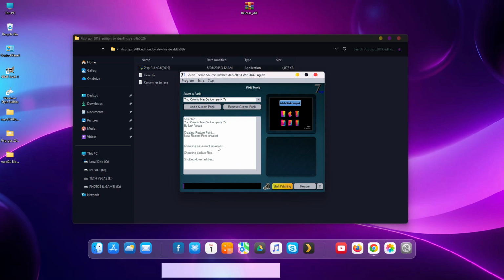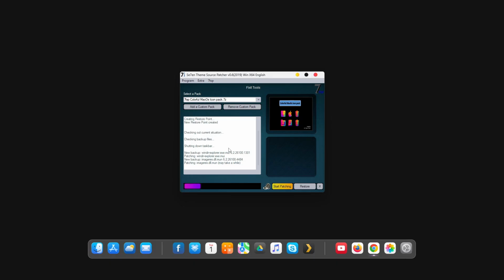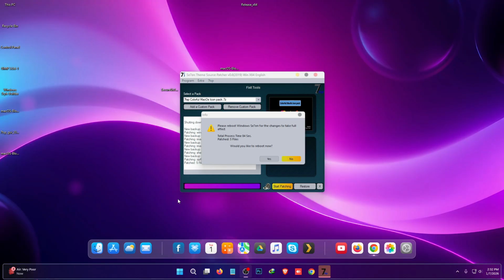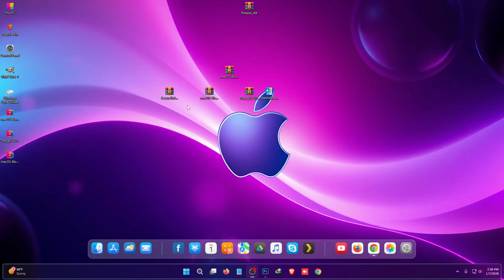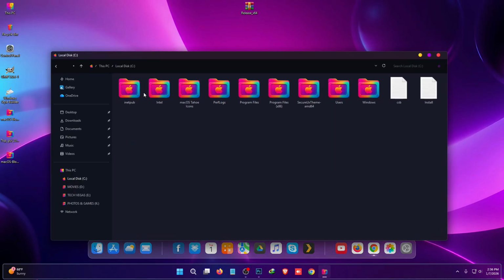So it will take some time to complete the installation process. I'll be right back after completing the installation process. Okay, icon pack installation has been completed. Just click on yes to restart your computer. Okay, we're almost done. Icon pack has been installed, and now if you want to add some blur effect,